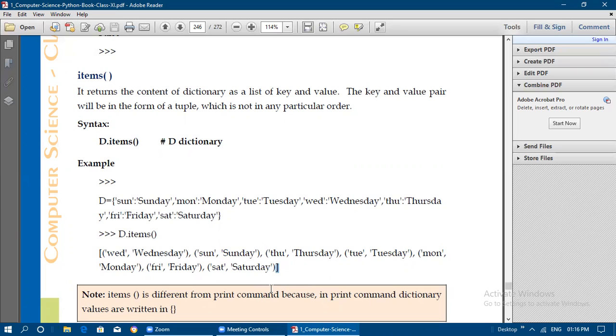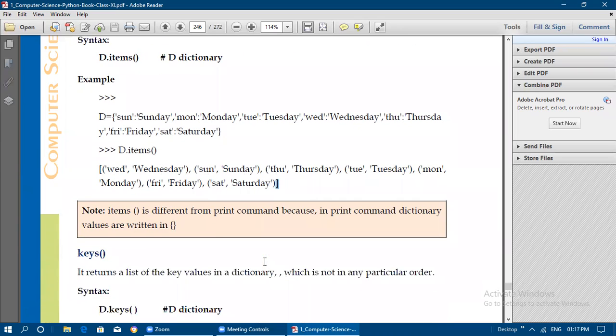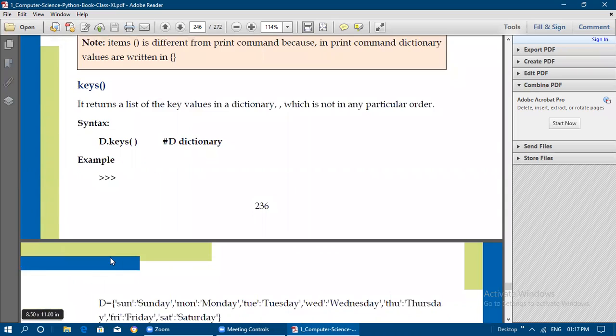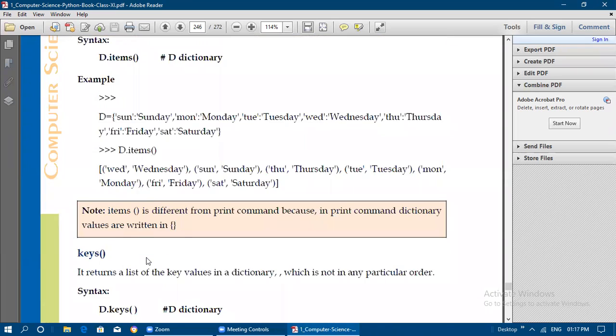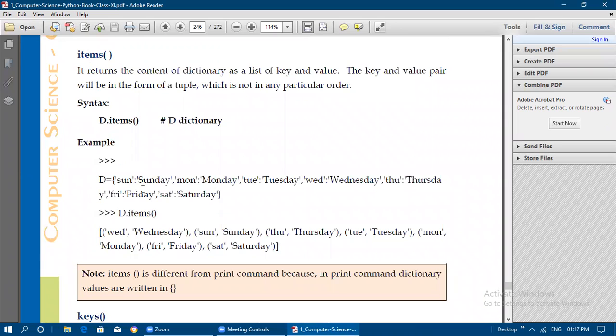So like a list, it is going to be printed, not in curly brackets. But if you see here, the order is the same. Next function is going to be next function. When the values function is called, that function returns the values in the same order as the items are displaying the key value contents. Okay, that we will see when we are seeing the values method.